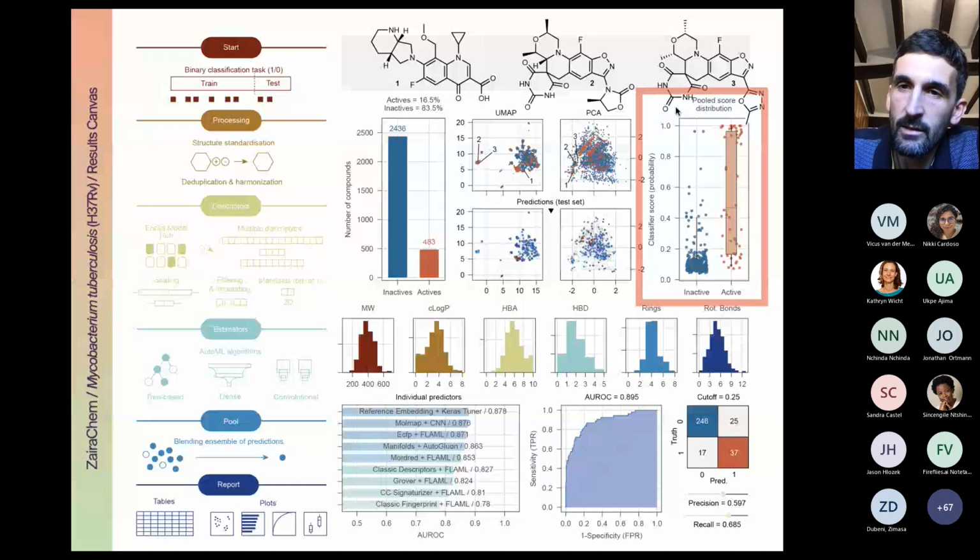is a score here on the y-axis, and in red you see known active molecules that were never shown to the model before, and in blue you can see known inactive molecules. And what's interesting to note is that in general, known active molecules receive higher scores than known inactive molecules. This means, in practice, that by using these models, we are able to successfully prioritize some of the compounds, reducing the attrition rate.